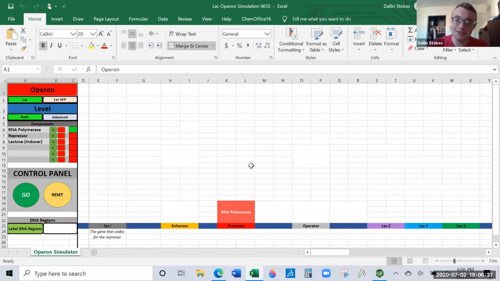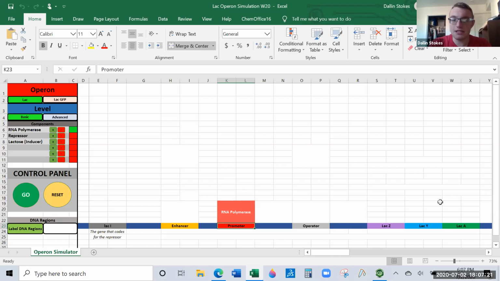All RNA polymerase knows how to do is stick onto this area of the DNA called the promoter. I remember that because a promoter for an event is like somebody that promotes the event, tries to get people to come to it. So the promoter is the one that brings RNA polymerase to the party. The promoter is just a DNA sequence and the RNA polymerase sits on top of it. It clicks onto the promoter and then, just like a train, choo-choos down the DNA train track till it gets to these genes, and then it reads the genes, transcribes them, and then they eventually get translated and turned into proteins.